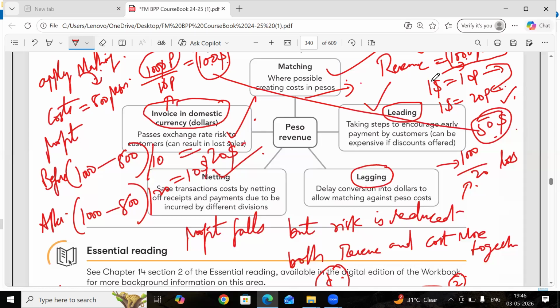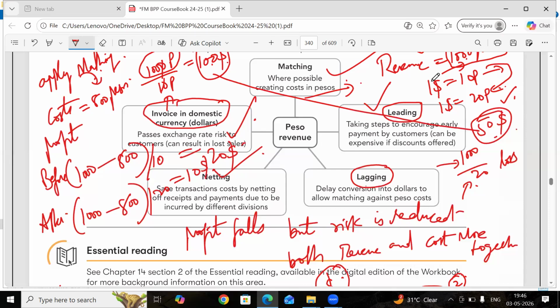Let's say today $1 is 80. For $1,000 you get 80,000. In future $1 becomes 70. That means my foreign currency value has fallen. My foreign assets value has fallen. I get only 70,000. So it is better to take the payment today. Lead payments. Yes. Lagging is, from the perspective of payments,